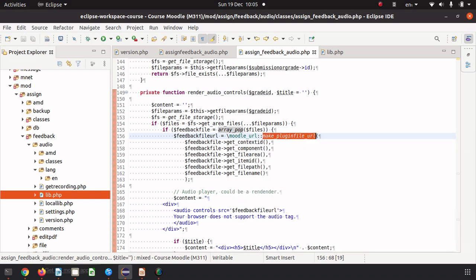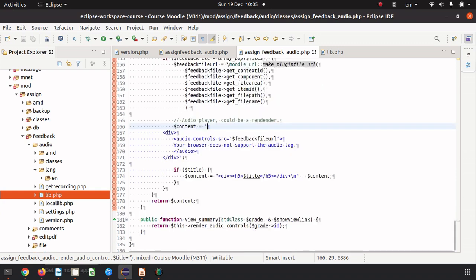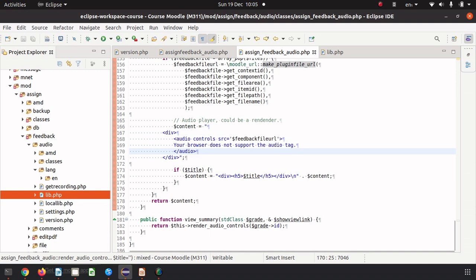and then we call our useful function make plugin file URL. Remember this? So starting to sound familiar. So we get the context ID, etc., etc., and we create a URL for our file. And then again, we could have used a renderer here, but it seems to be a little bit of overkill for just a little bit of HTML. So here we go, we create some HTML. I could have also used the HTML writer classes to do this, but I've chosen not to on this occasion. So we've got a div and a div, and then we have an audio controls tag with the source being set to our